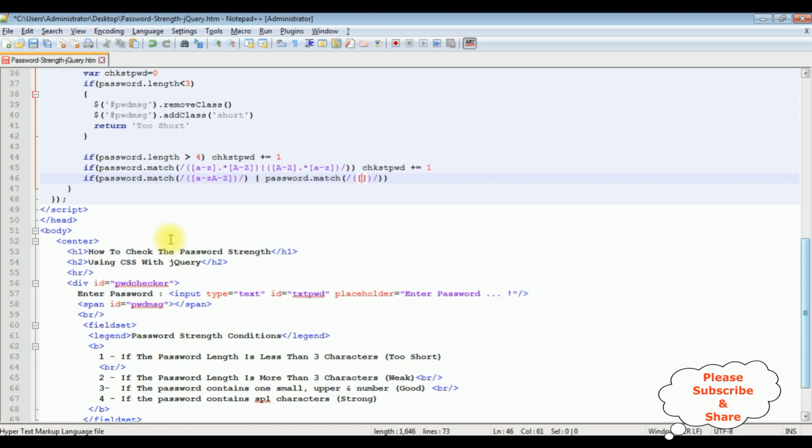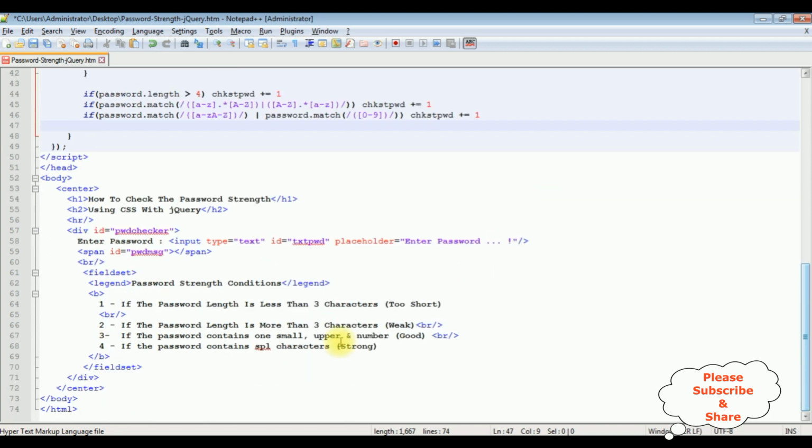I'm adding the regular expression to check the numeric values 0 to 9. I'm adding this variable password strength. And the last condition is if the password matches or contains any special characters, I want to display